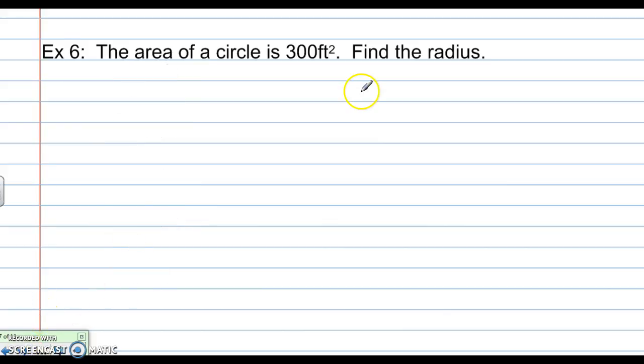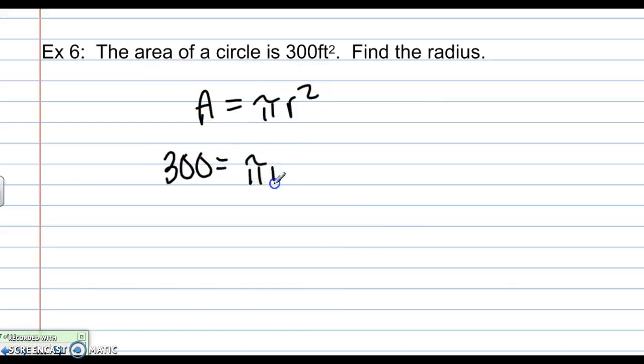Now we're going to apply it to your favorite thing, geometry. The area of a circle is 300 feet squared. Find the radius. Well, we have to remember that the area of a circle is pi r squared. We now know that the area, based on this problem, is 300, so we can insert that for the area. Pi is a value, so we are able to divide both sides by it,